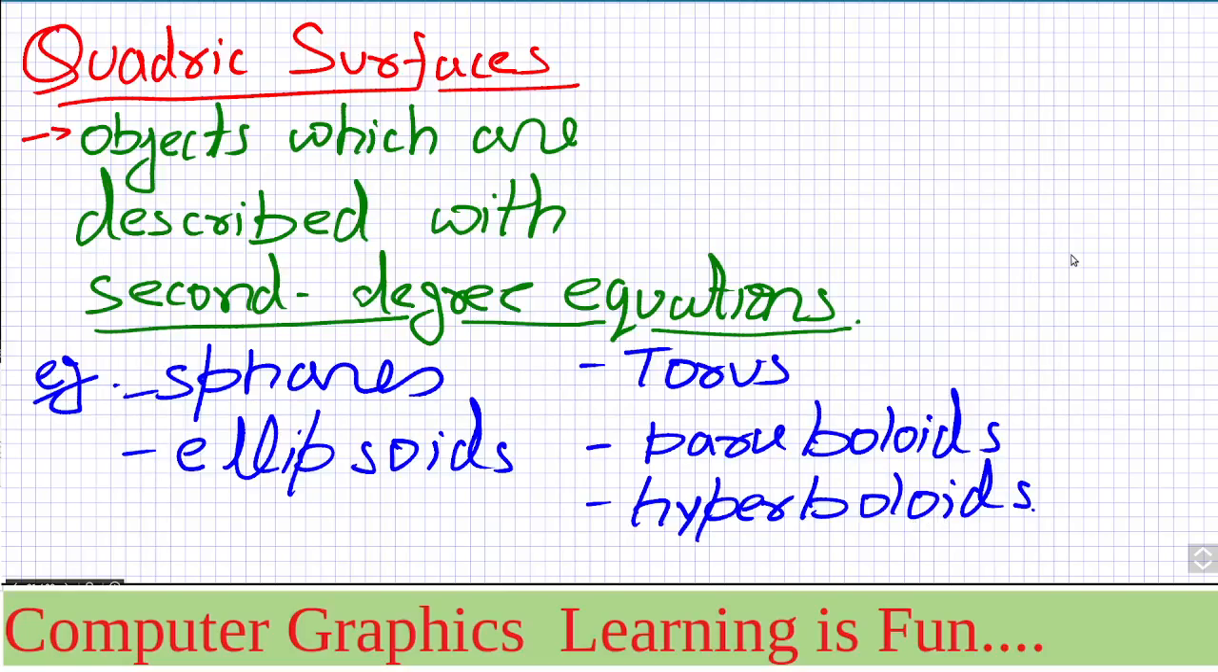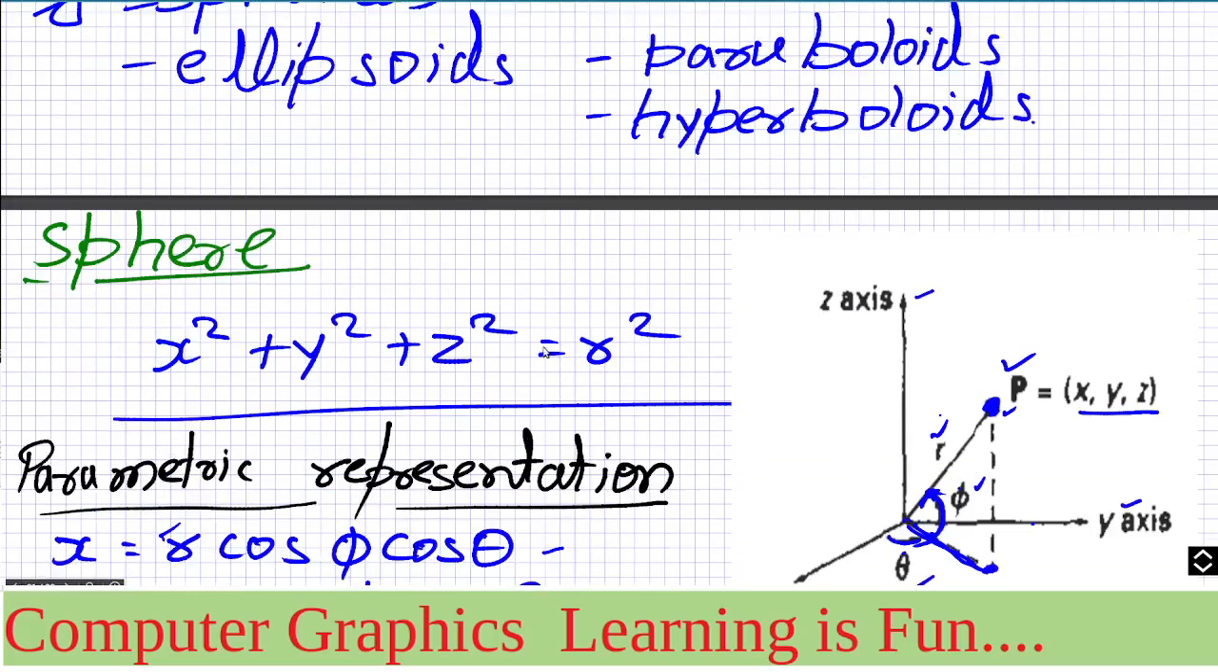So we are seeing something about quadric surfaces. What is happening here? Those objects which have second degree equations will be considered as quadric surfaces. They will represent a little curve, right? They will not be a mess of polygons. They will be able to represent the curve. That is the best thing. Simple objects like spheres, ellipsoid, torus, parabola, hyperbola, these things you would have seen, and they can be easily represented